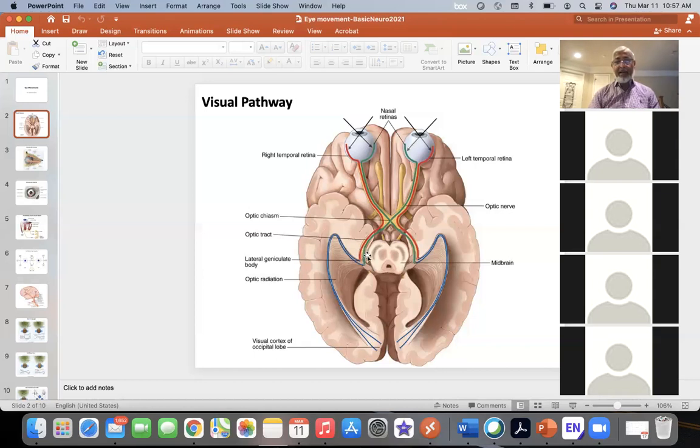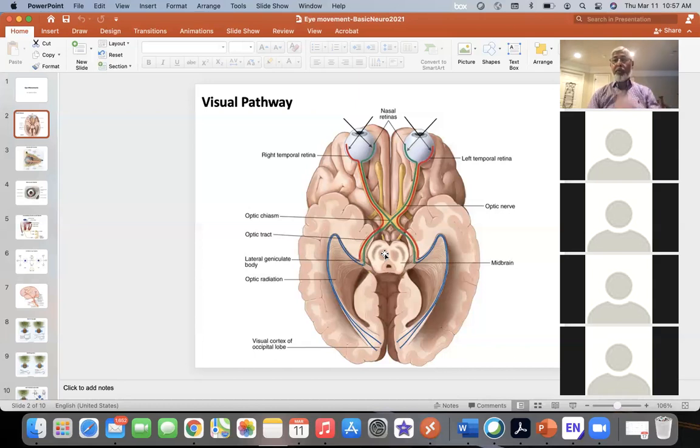And from there, they end up in the pretectal nucleus. So from the pretectal nucleus, they go to the Edinger-Westphal nucleus, which is a nucleus related to cranial nerve 3